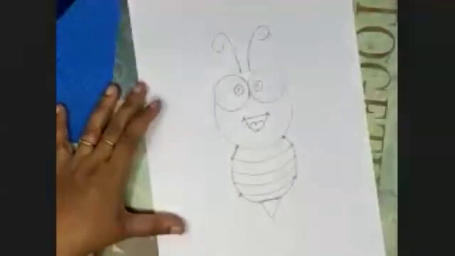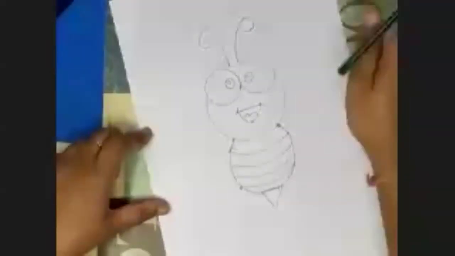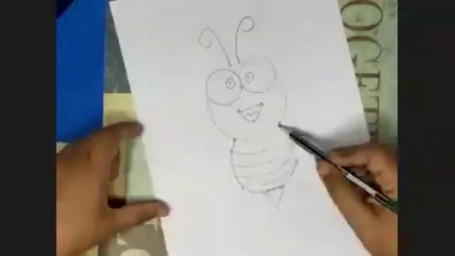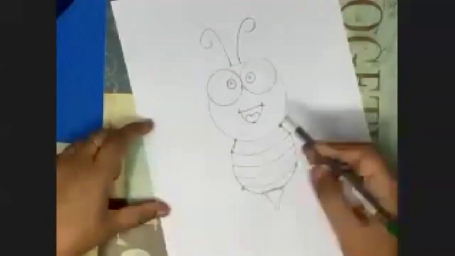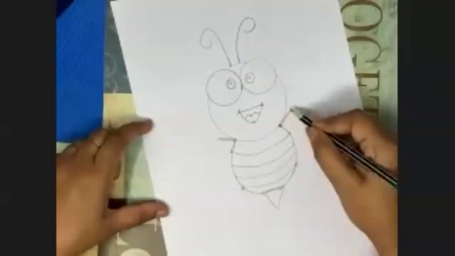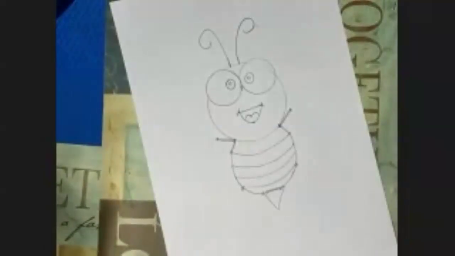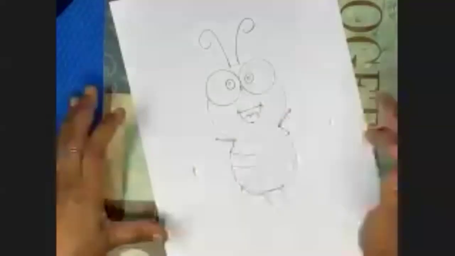And now we will quickly make wings and then we will move ahead with our coloring. Okay? So these are 2 points. Here also, you will mark a point diagonal. Again, mark the last point. We will mark it before. Now we will decide how big we want to make the wings. I want to make this much. Honey, you will not make wings very big because honeybees' wings are not very big.